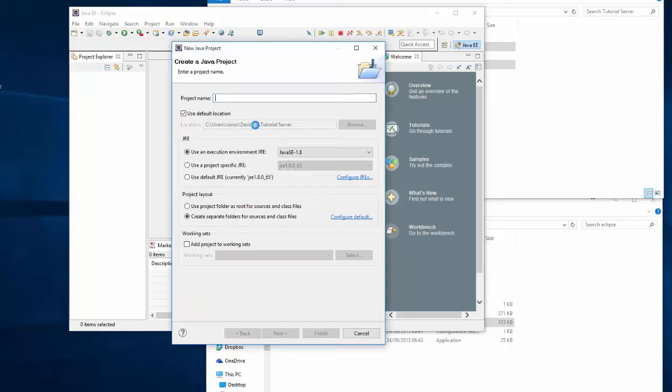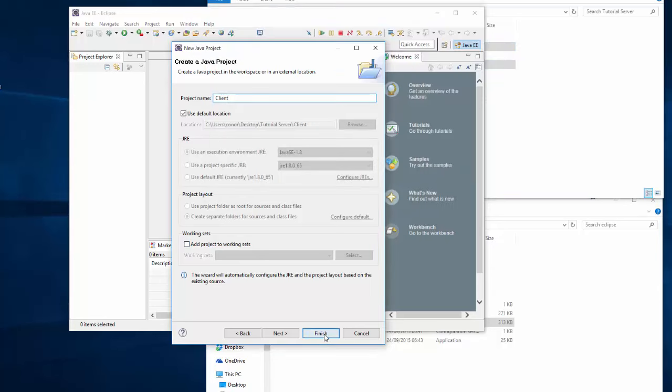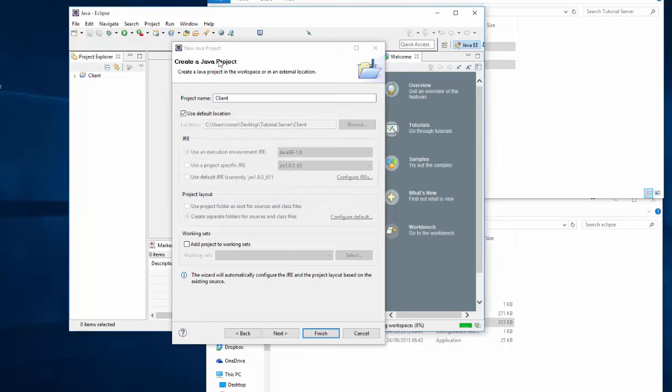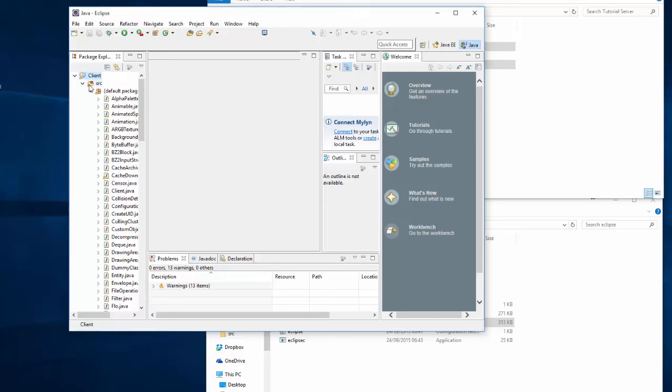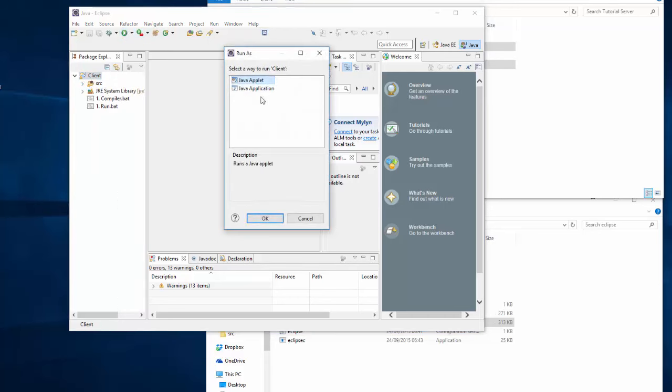The first Java project that we're going to be doing is client. Now as you can see in here, it's already got the folder, so it's just going to pull from that folder. So we'll hit finish, we'll let that run. So now whenever this closes, we can have a quick look at what's actually just happened. Here we are. You can see all the packages and stuff for the client, and if we hit run, it'll actually run the client. We want to run it as a Java application,